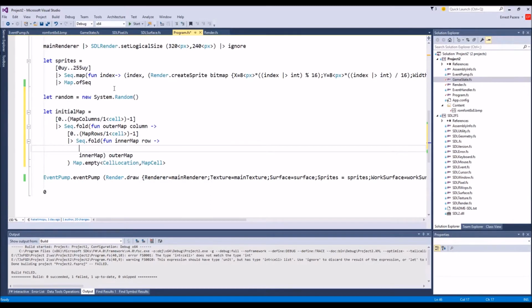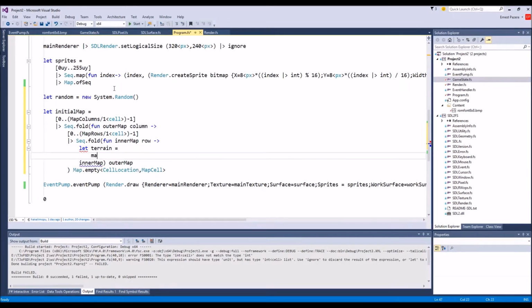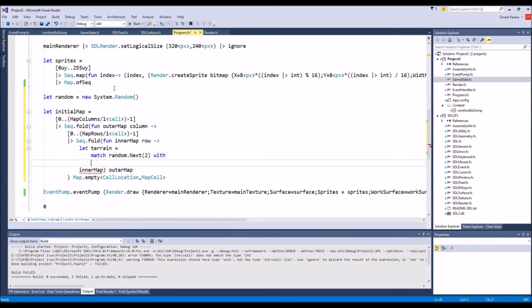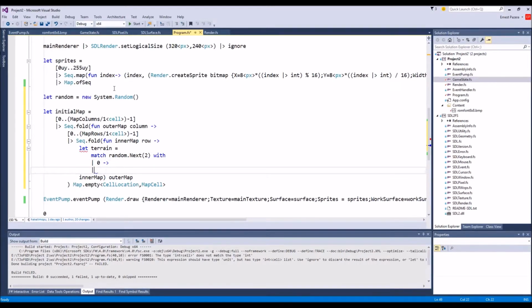And we're basically going to do the let terrain equal match random next to with 0, 1, or anything that goes. And that's going to be